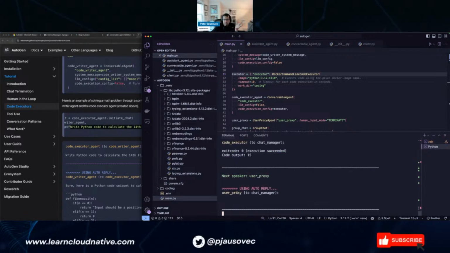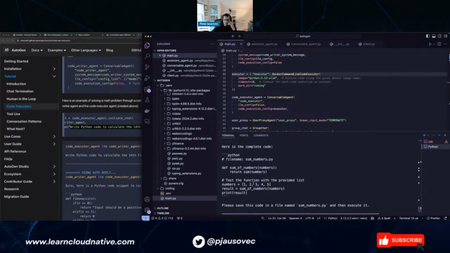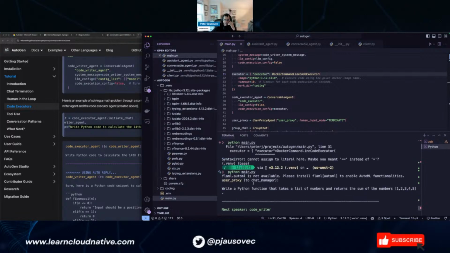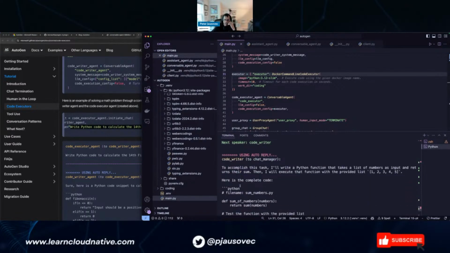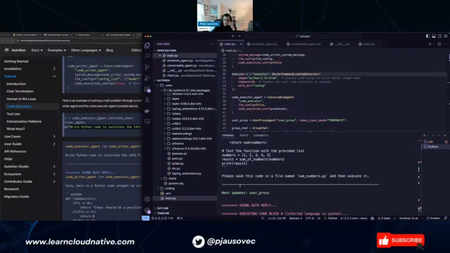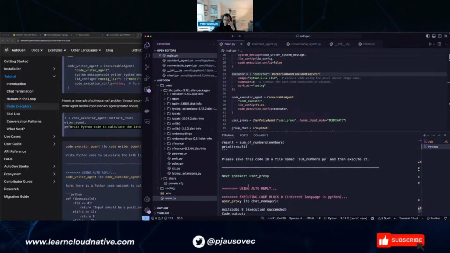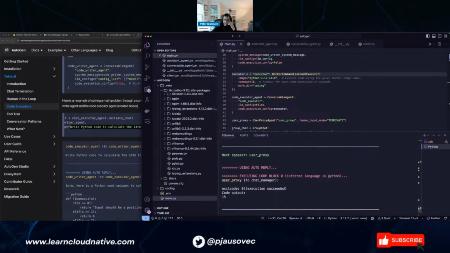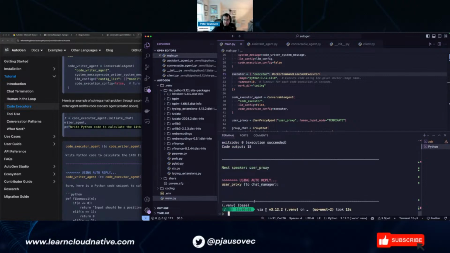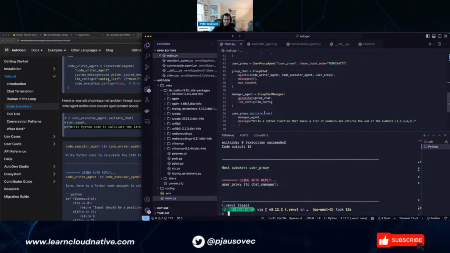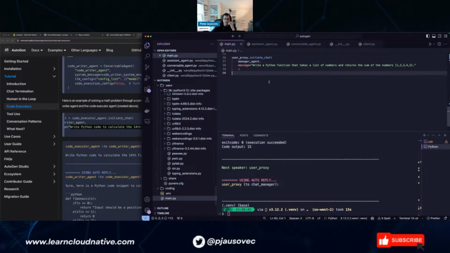Okay, it's doing something. So let's see. Write a Python function. It went to the code writer, which is correct. Then it went to the user, who auto-replied. Then it went to the code executor, who executed the code, which is fine as well. And then it exits and terminates. So it kind of works.